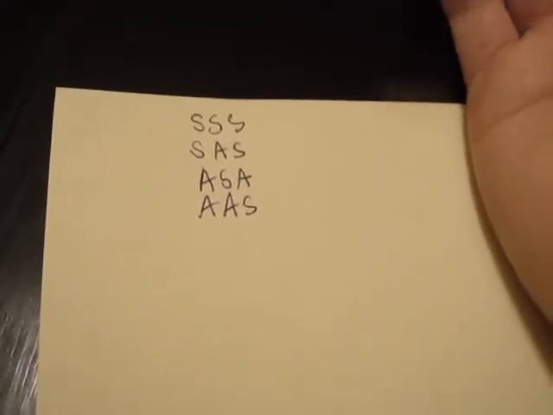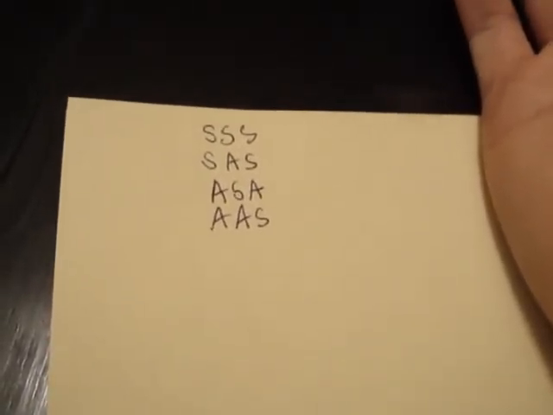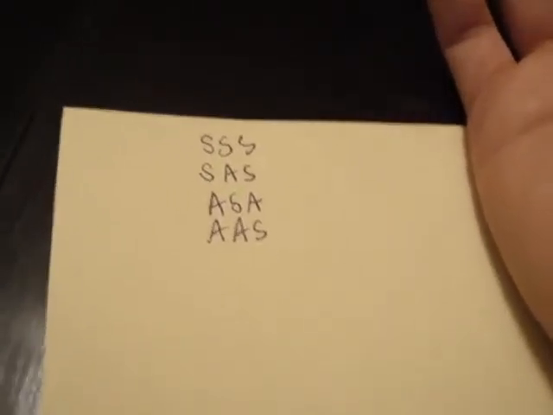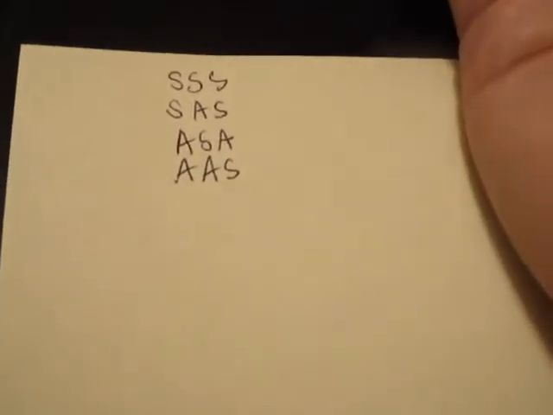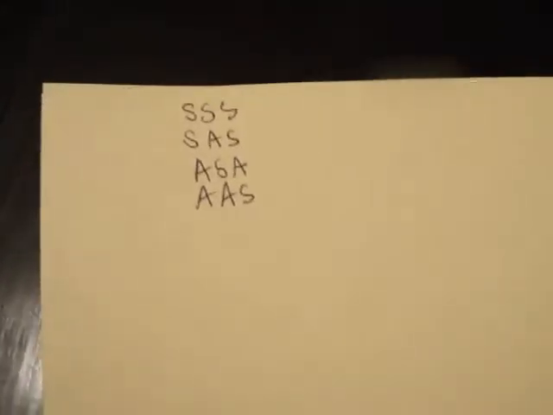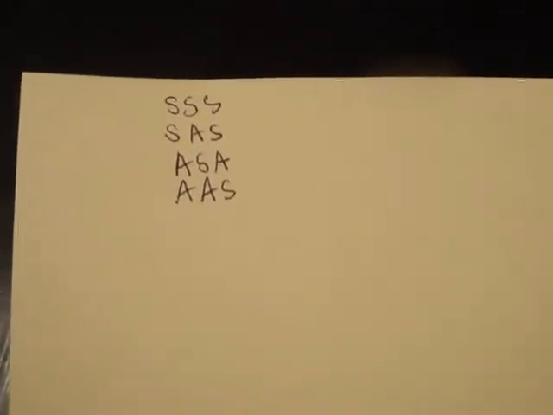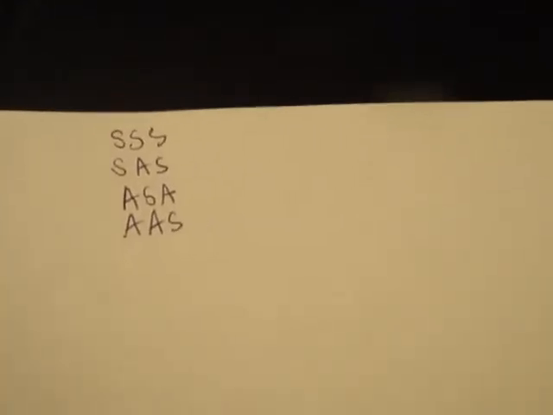And today we're going to learn the last theorem, or the last postulate, that we can use to prove that two triangles are congruent to each other. Now this next theorem that we're going to learn is actually specific to right triangles. Okay, so go ahead and take out your notebook and title it